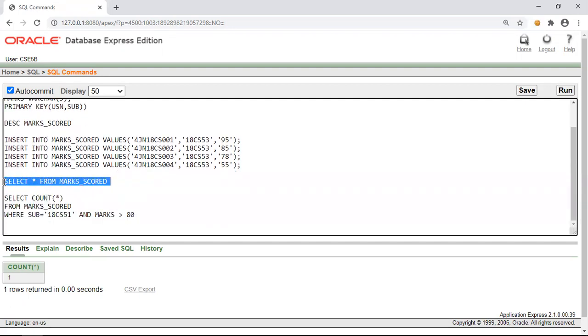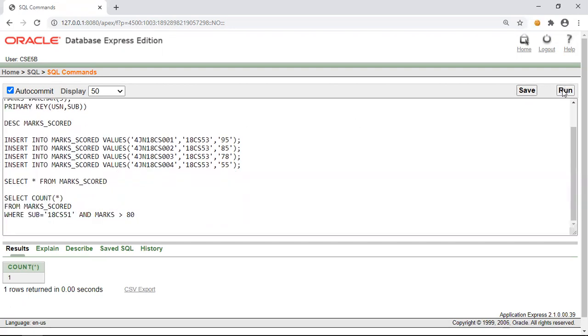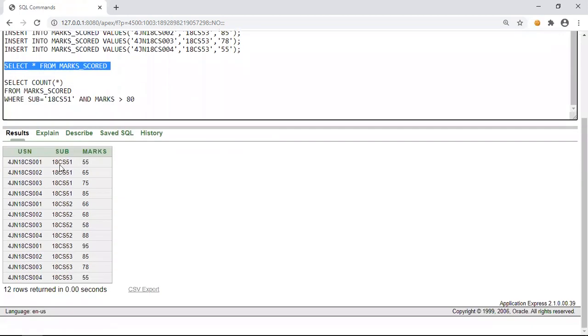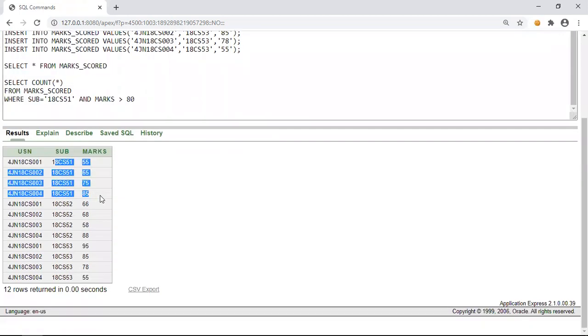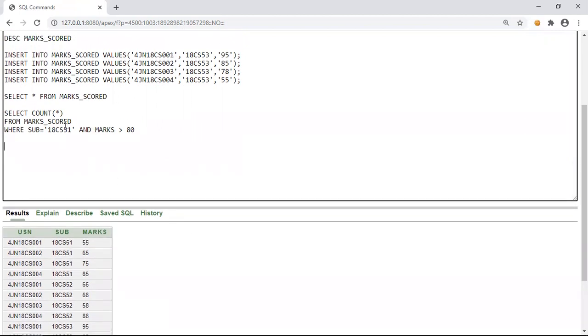In order to confirm this, let us look at the data once again. So 51 if we take, only one student has scored greater than 85. Suppose if we don't write this particular condition, that is subject is equal to 18 CS 51, then it will be applied for all the subjects.